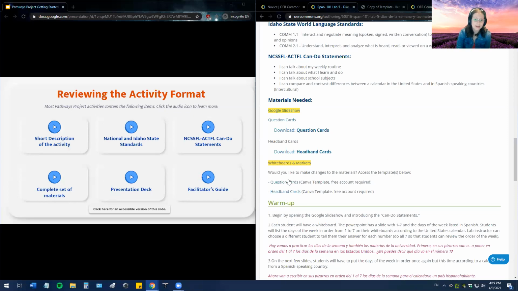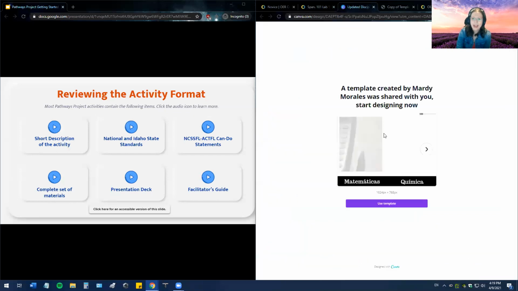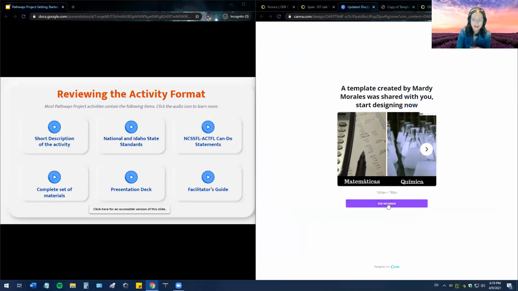And there's a really cool website called Canva that you can click on. And so I can click on these headband cards. And what's nice is I can actually click on and log in and make changes to these. So in my video, I show you how to change it from, I think I changed the chemistry to art. Well, we pretend that we're not covering chemistry, and the word for chemistry in Spanish class, but it's really nice because you have the ability to customize the vocabulary and customize the content to fit the needs of your